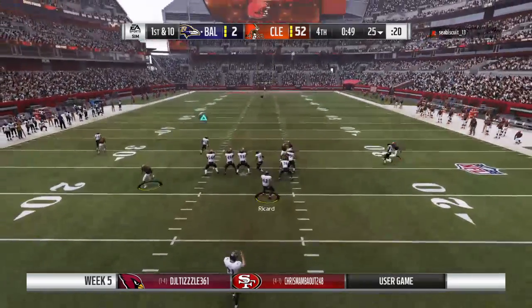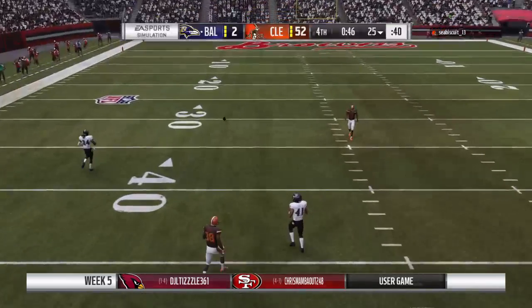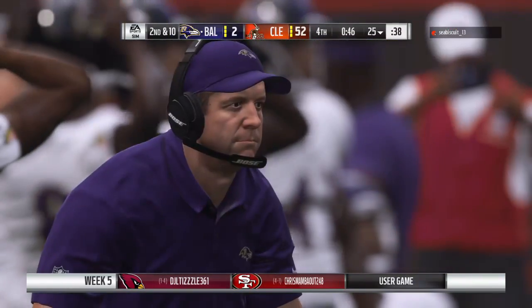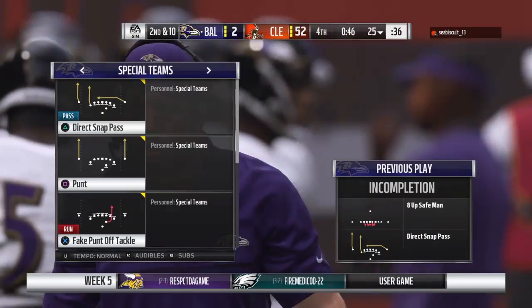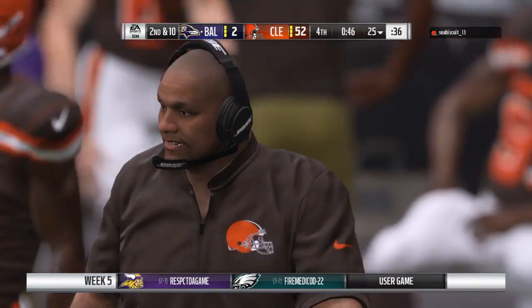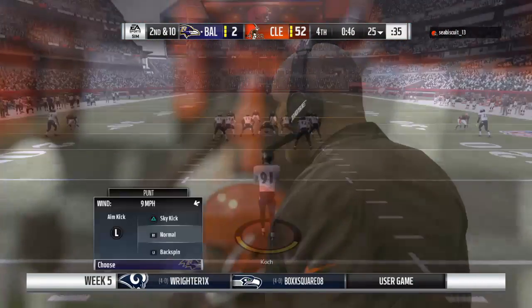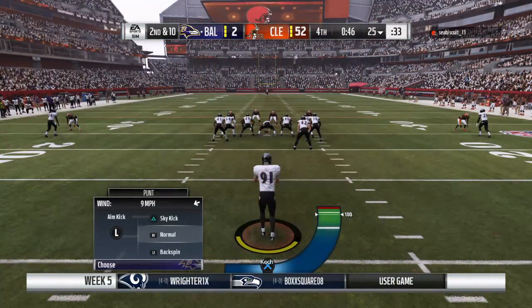And oh, we've seen it all now. It's a fake. And that'll be incomplete. But remember, crazy situation here you don't see often. Not 4th down yet, so they will keep possession. Well, folks, I guess just when you think you've seen it all, you see a fake punt in that situation. A little unorthodox. But the incompletion, and now it's...